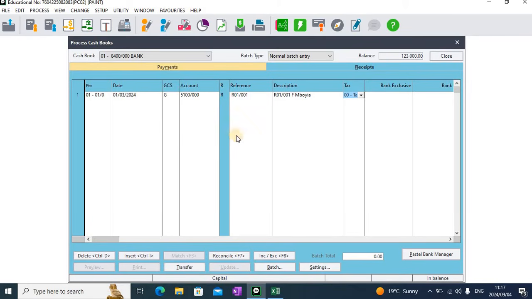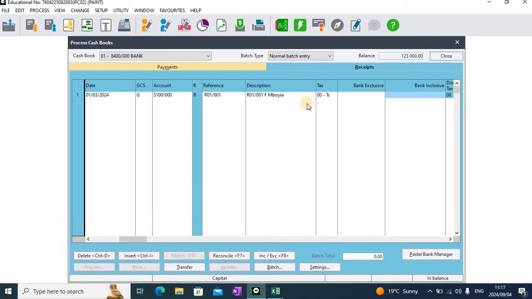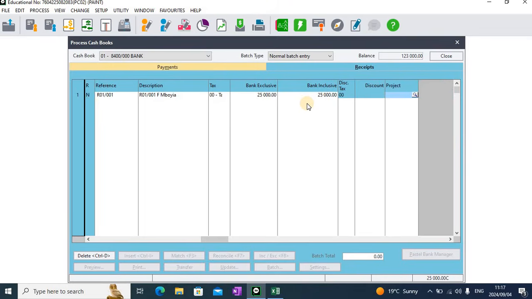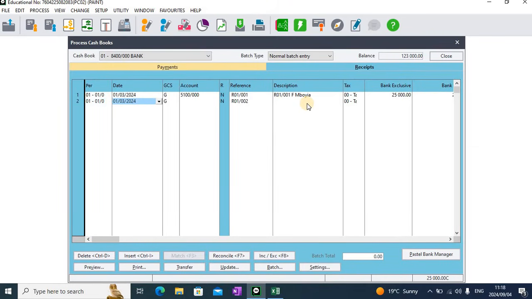There's no tax for a capital contribution because it's a cash amount that was contributed, and the inclusive amount that we see in the column is 25,000 Rand. Press enter to complete the line. Then the next receipt is